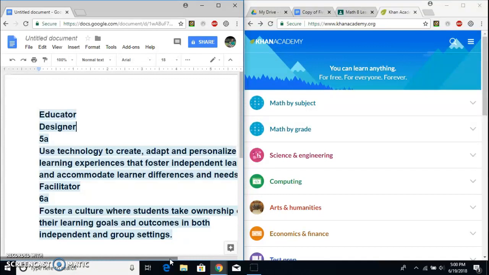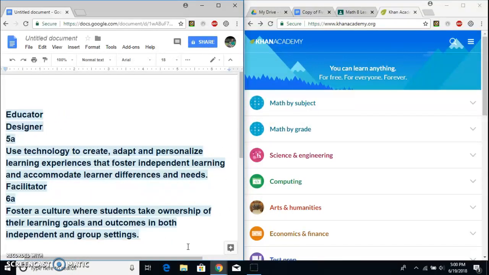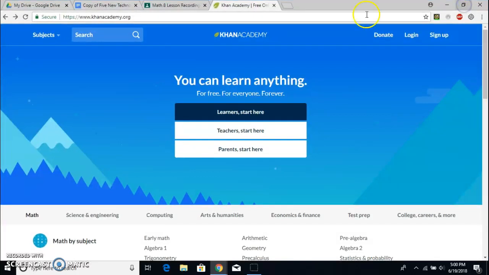The standards that this falls under, the ISTE standards, are over here on the left. They both have to do with independent learning as a designer or a facilitator. And I'm using Screencast-O-Matic to create this video. First thing I did is I went to khanacademy.org,